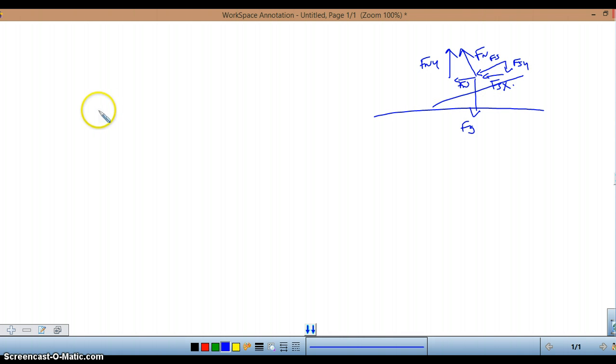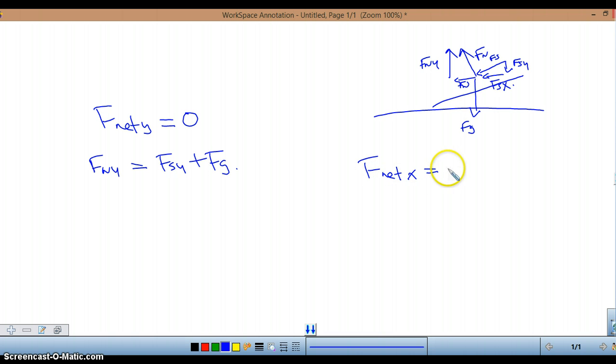So again, you're going to do exactly the same thing in terms of the y direction, which is 0, and the y direction is going to be made up of Fny, which equals Fsy plus Fg. Okay, and the x direction is going to be Fn